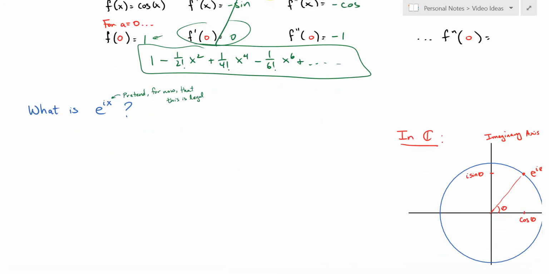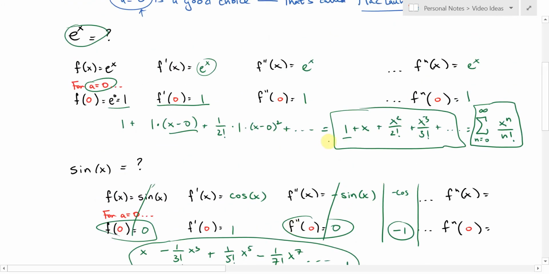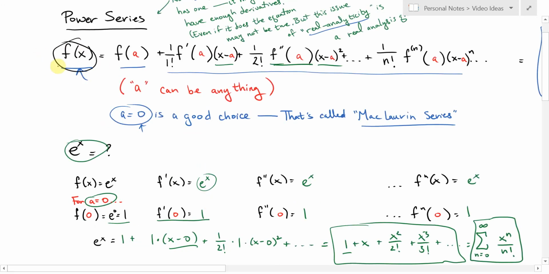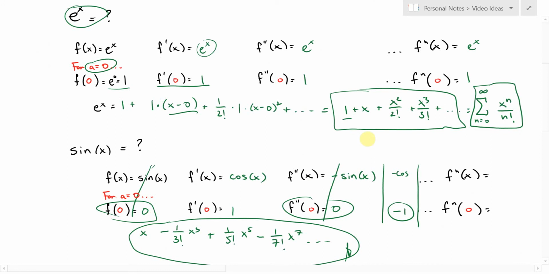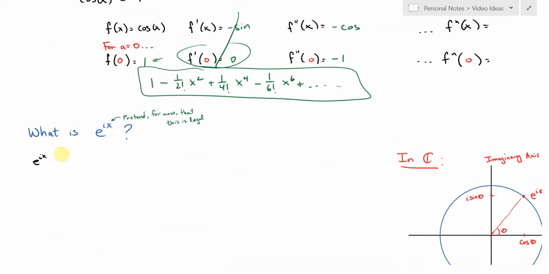Alright, so let me switch to black here. So that's all we're going to do. We're going to plug this into the power series. e to the ix. So we're just going to go to what e to the x is. This is actually equal to e to the x. That's the whole point of it. This power series is supposed to equal your function value at f. So e to the ix is equal to, well, we're just going to replace the x in our power series